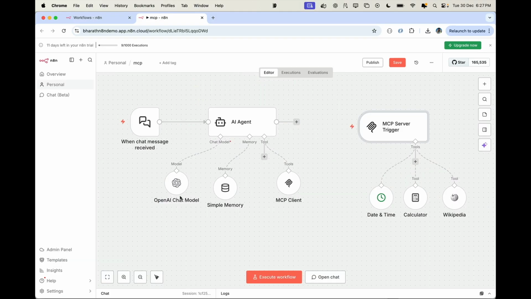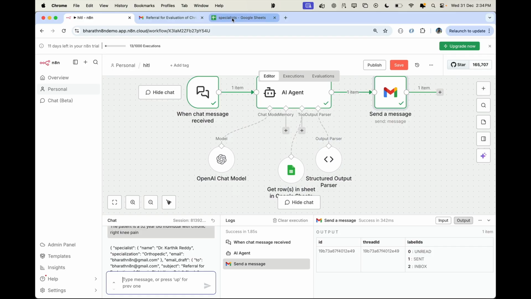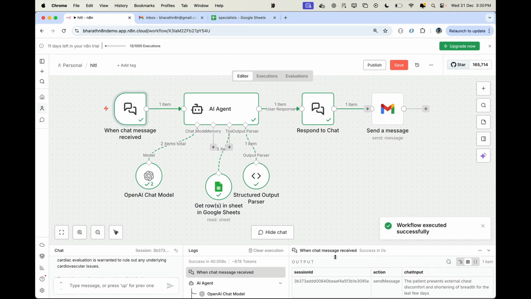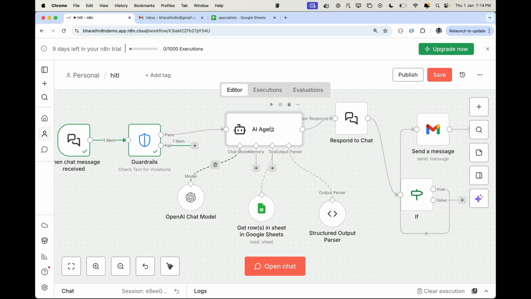You will create an AI agent that performs tasks using tools through MCP, an HR policy assistant that answers employee questions using Agentic RAG, and a clinical assistant that helps draft and send specialist recommendation emails only after human approval. You will also learn how to add basic evaluations to check AI response quality and simple guardrails to keep inputs and outputs safe and controlled.